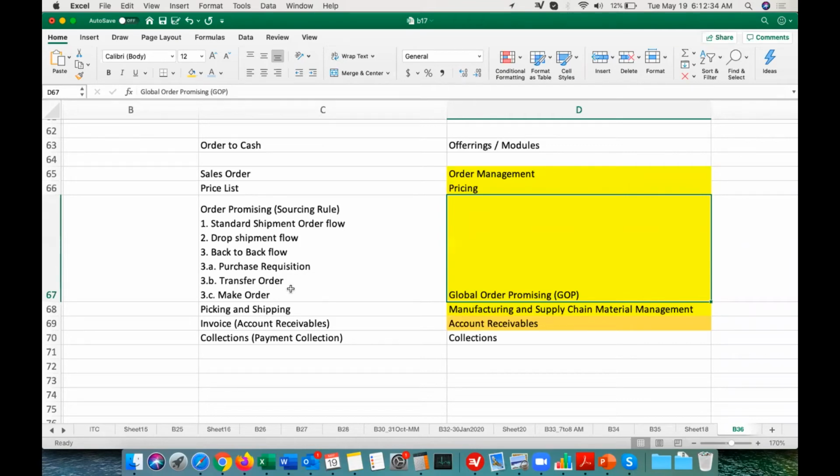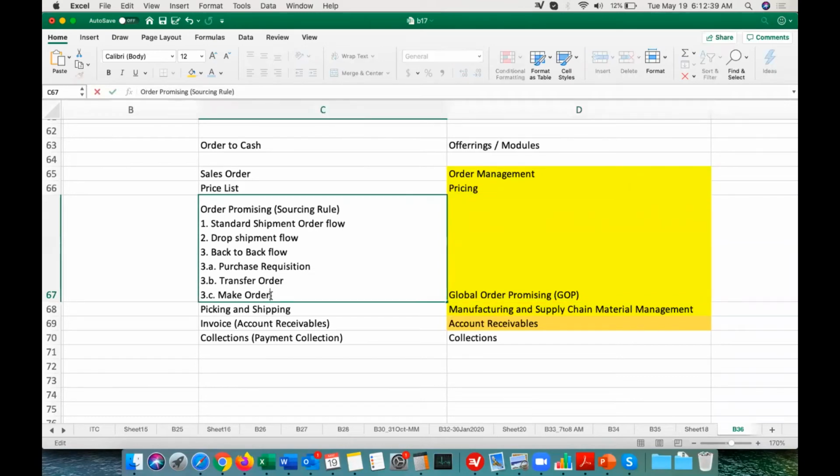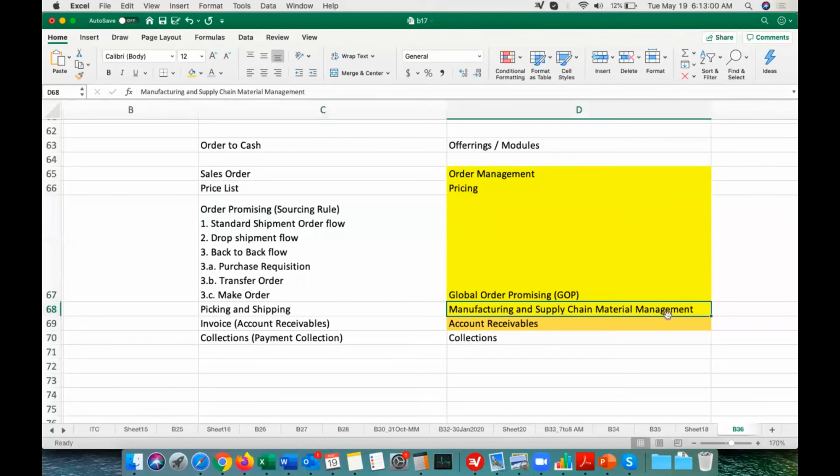Okay, thank you. And Vijay, this make order, like in EBS, if you have a make order, it goes through that VIP module, right? We need to have the VIP module implemented. So here in Fusion, do we have another thing which we have to have in place, like any other offering which we need? Yes, that is called the manufacturing offering. Actually, in this module only, in the manufacturing and supply chain material management itself, if you want to enable manufacturing, you have to enable it, but that's a separate offering we need to purchase. If you have that offering, then you will be able to do the manufacturing here.